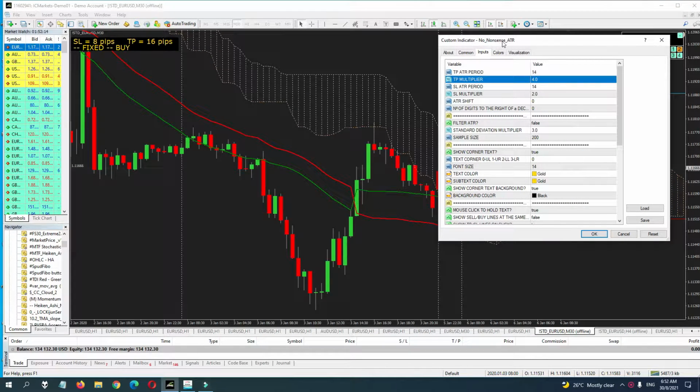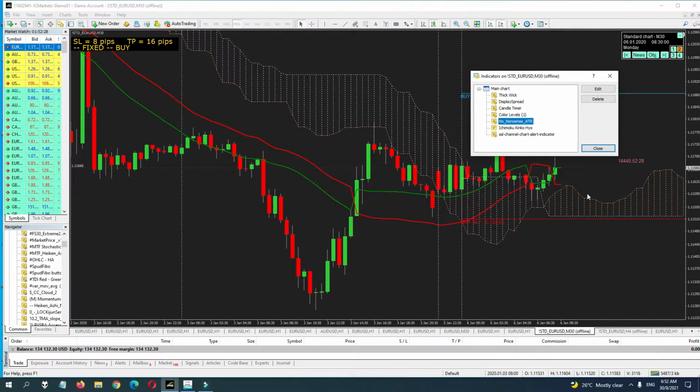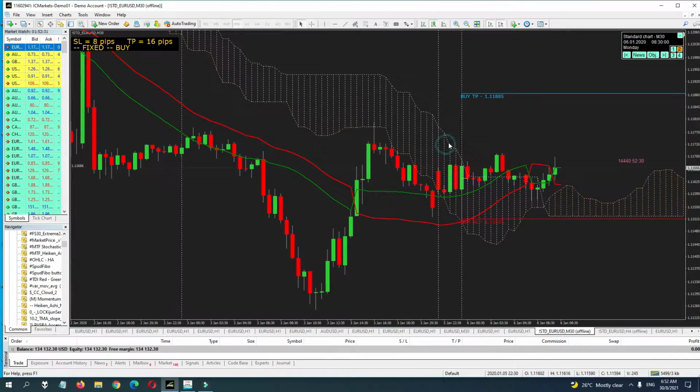If you don't have this on TradingView, just use another ATR indicator. The stop loss is 2 times ATR and the take profit is 4 times ATR, so it's 2 to 1. It's very straightforward. If the price is above the cloud and the SSL channel is green above red, you